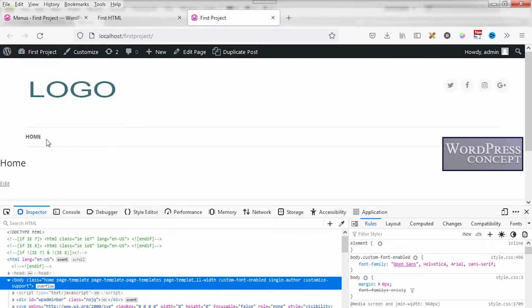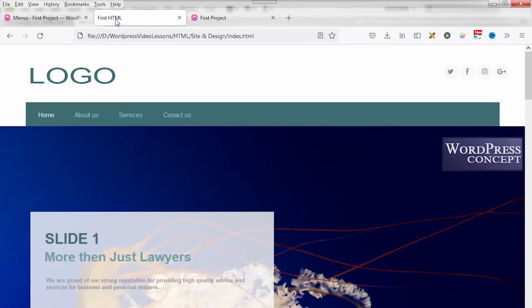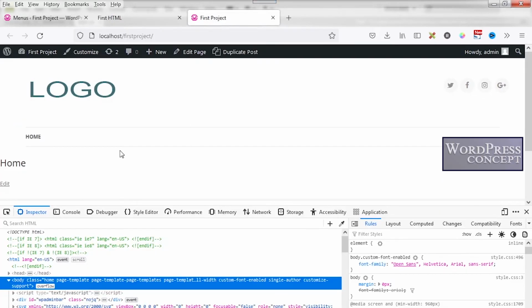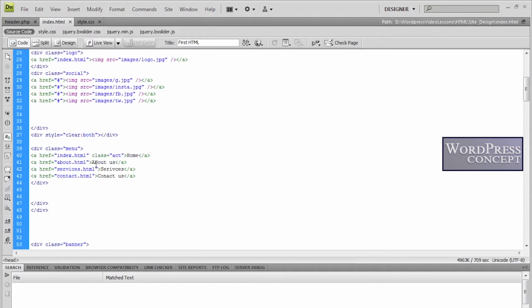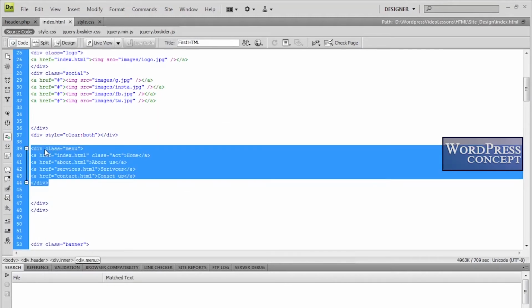And here basically the menu is dynamic now. This is coming from the back end. This menu has a background color, but this one doesn't have a background color. So we will have to fine tune this menu portion manually to make it look exactly the same as the menu of the HTML. Or the second thing we could do is, instead of using that menu, I can bring my static menu here, copy,